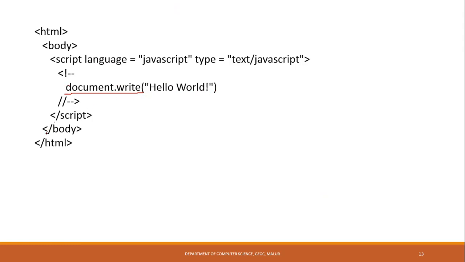Closing the script. There is no other tag in the HTML, so just close the body tag and close the HTML tag. Once you run this, you will just get hello world in the browser. Okay, let me finish the implicit embedding, then I will execute this program and show you. So here you will get hello world. It will open a browser and print the message hello world.